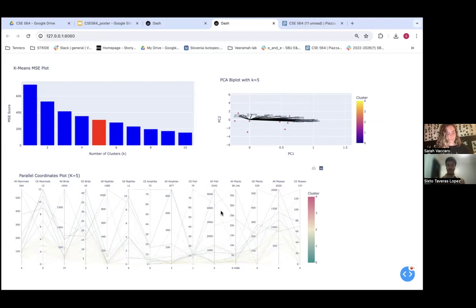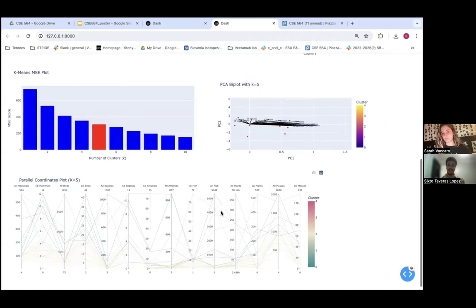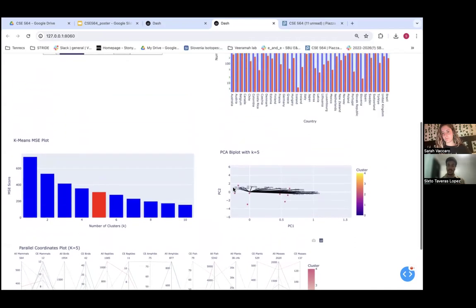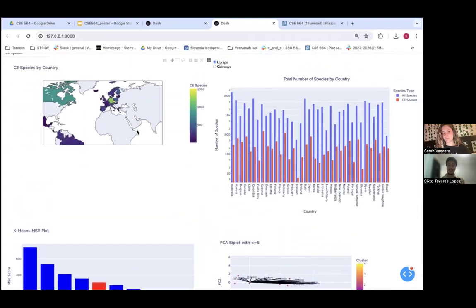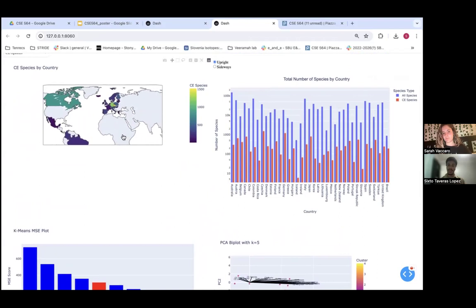And we were able to conclude through all this data that there are several countries that can be considered biodiversity hotspots or have a lot of species, such as Colombia, Australia, of course. But then there's also many countries that maybe require a little more action on the conservation side of things, such as Germany and Japan. And it'd be interesting to do further future research on those countries and why exactly they